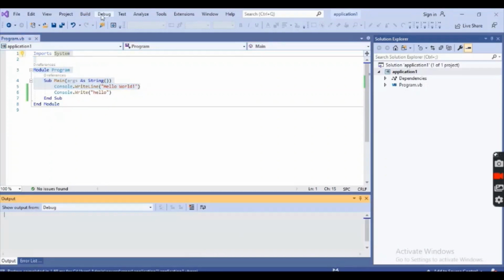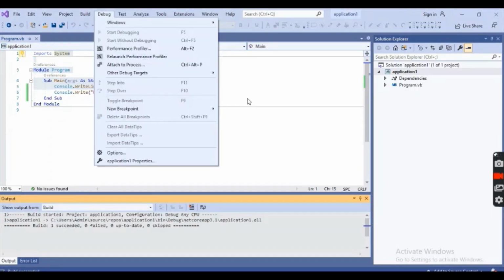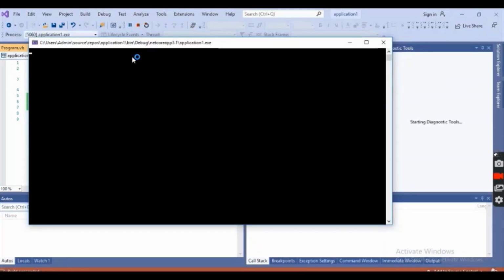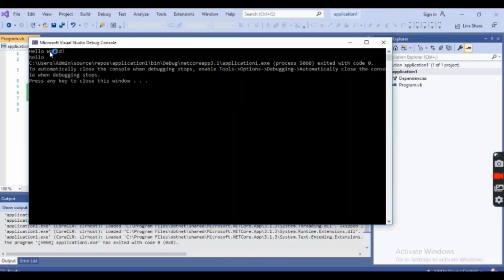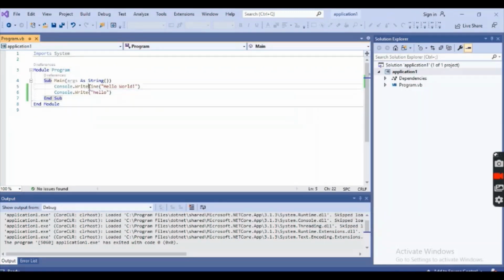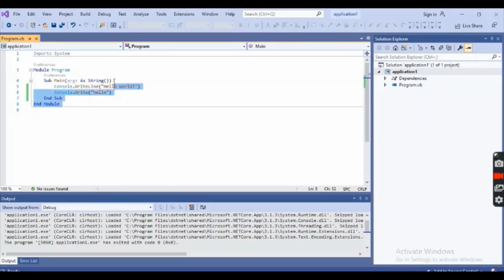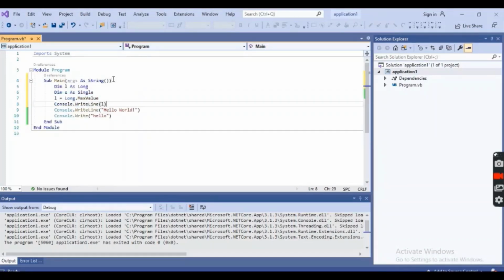Then I will build it again. Build Solution. Okay, it's still building. Debug, Start Debugging. So you see this is the output, Hello World in one line, Hello in the next line. If we don't use WriteLine here, it will print both on the same line. So what we are going to do next is we are